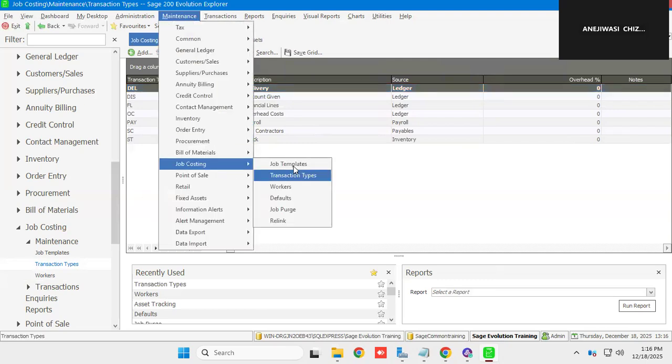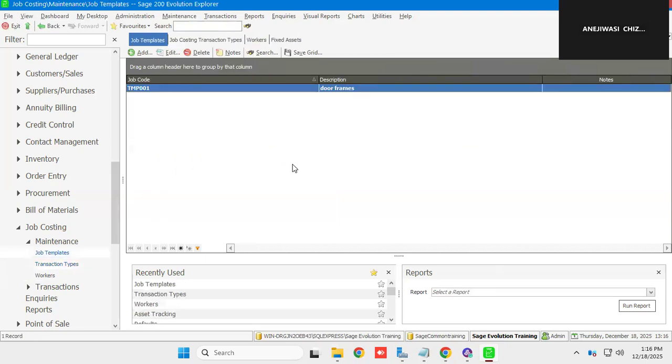Then you have got job templates. So you may have some standard jobs, and instead of doing a job card each time you are doing that job, you may just want to use a template that you use consistently. So templates, you are only using them in a situation whereby you have got standard jobs that you are doing from time to time. Let's say probably you